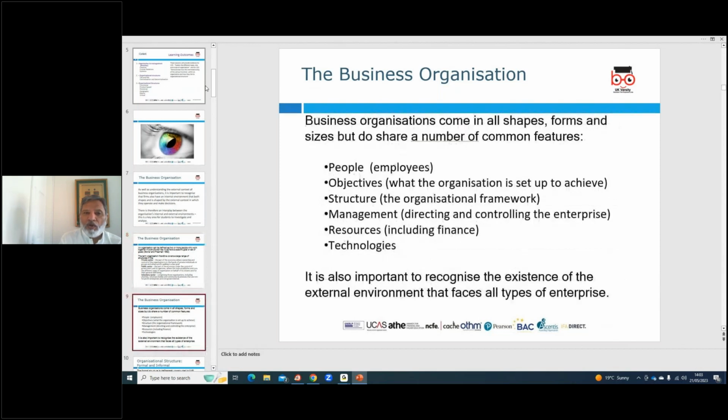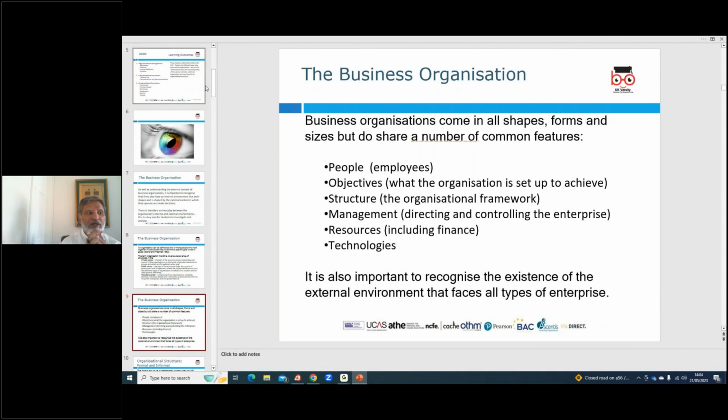What's a business organization? A business organization comes in all shapes, forms and sizes. There are people involved in it. There are objectives, structures, management resources, technologies, and all the other internal and external factors affecting a business unit, and we have to make sure that they run